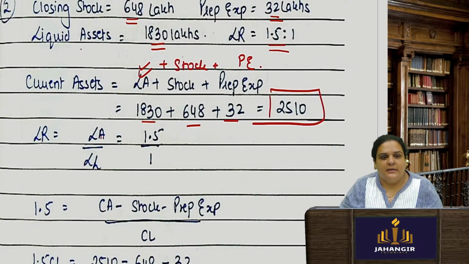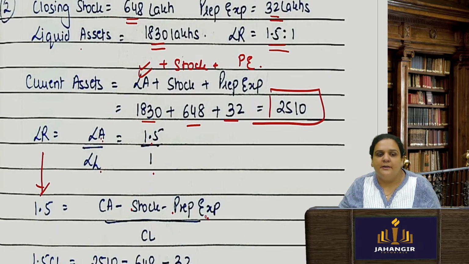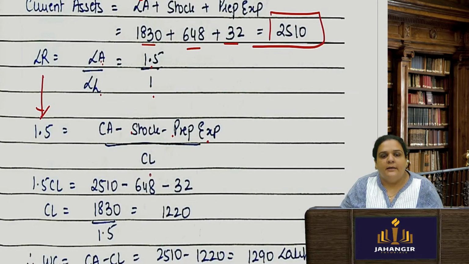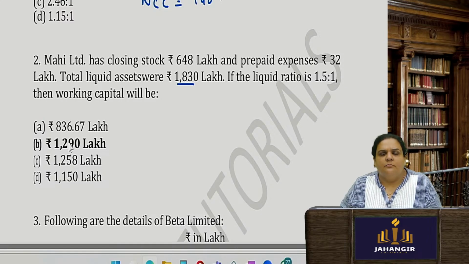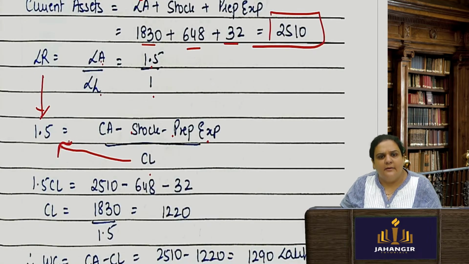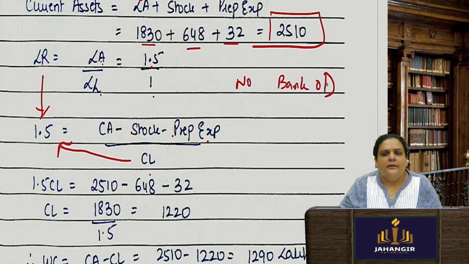Liquid ratio is liquid assets upon liquid liabilities, which is equal to 1.5 is to 1, right? So liquid ratio 1.5. Liquid assets means what? Current assets minus stock minus prepaid expense, okay, upon current liabilities. So this current liabilities I don't know, so it will go in the liquid. There is no other kind of liquid liability like bank OD or something. If there is no bank OD, your current liabilities and liquid liabilities become the same thing,